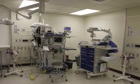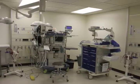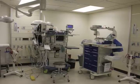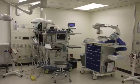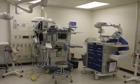The procedure room is located in the main NICU. This sterile room, arranged like an operating room, allows for some surgical procedures to be performed without the baby being moved to the main operating room in the hospital. This room functions like an operating room with an anesthesiologist, doctor, surgical nurses, respiratory therapist, and an NICU nurse present